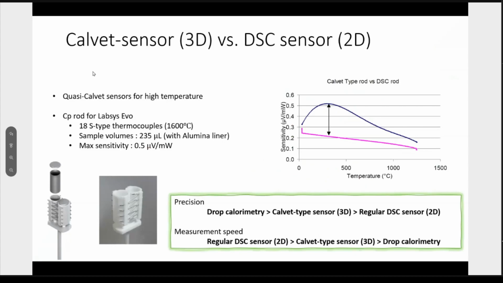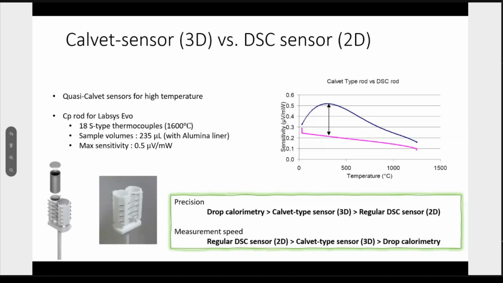Now I would like to explain more about the heat capacity measurement. Some researchers are measuring heat capacity by using a classical DSC method. It really depends on the quantity of the samples and the heat capacity of the materials. But generally, the heat flow from heat capacity changes is much smaller than the enthalpy changes, the enthalpy of fusion. So the classical DSC sensor is good enough for enthalpy of fusion measurement, but the sensitivity is not high enough for heat capacity measurement.